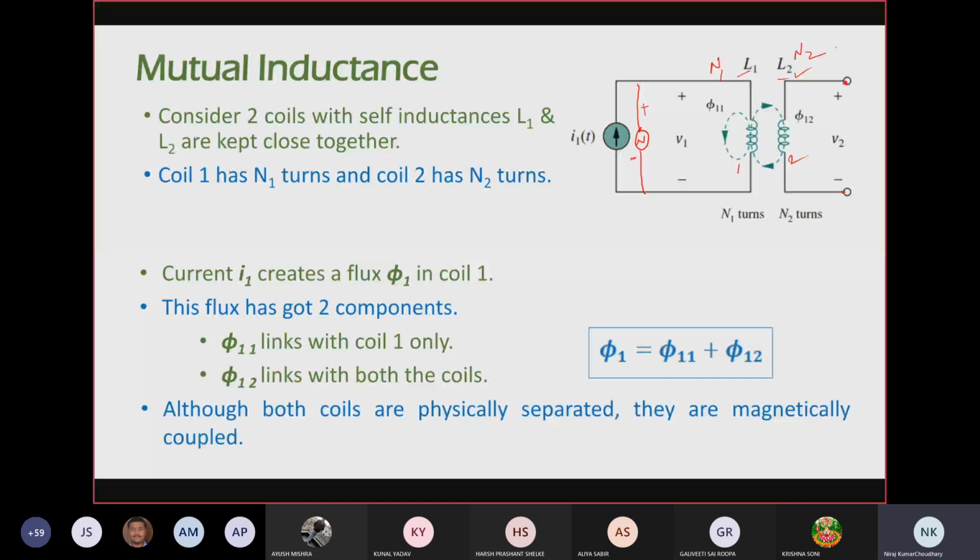So when I1 will flow through the coil L1, so it will create a flux phi1, ठीक है, ये सही है। So now what will happen, this flux will have two components, right? First component will be the component of phi1, which will link only with coil 1, जो coil 1 है उससे जो link कर रहा है, right? And second component will be the flux linked with both the coils।